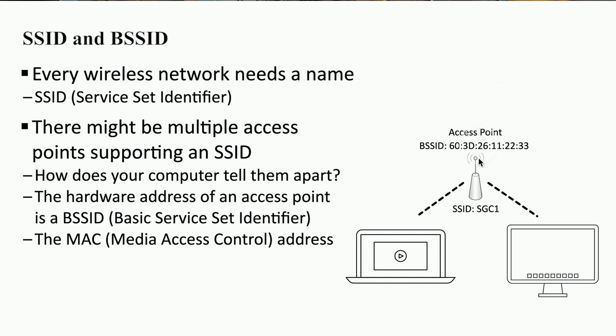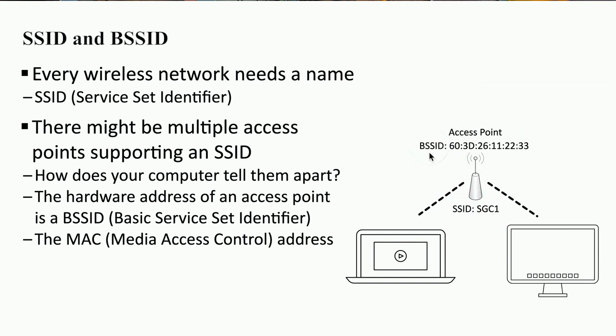Obviously, no one access point supports all these different buildings. Yes, there are multiple access points. They all have the same SSID name but different BSSIDs or basic service set identifiers. Think of it as the physical address or media access control address of that wireless access point. So when connecting to this wireless network, you're typically just using the SSID,